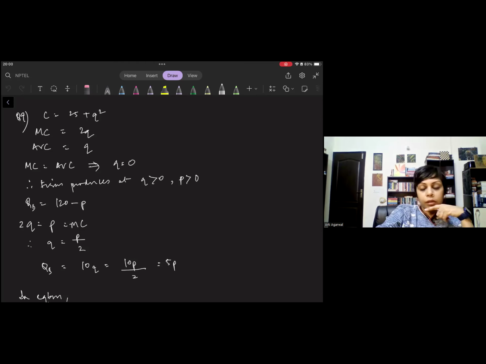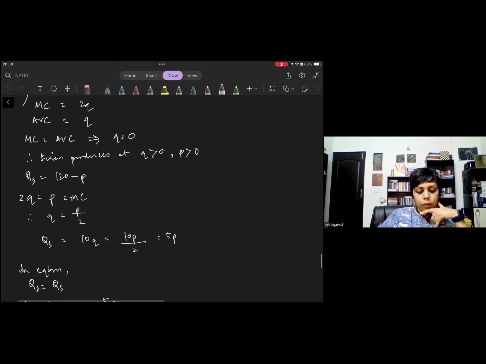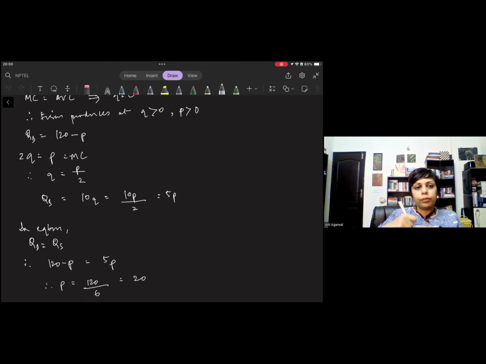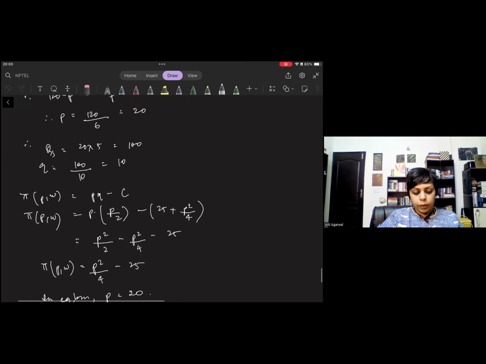You're given the cost function, and from there you calculate marginal and average variable cost, because this is the short run calculation. So you check for the shutdown decision, which gives you Q greater than 0 as the decision point, which means the firm will produce at all levels of Q and P. You're given the market demand, and you do the usual price equal to marginal cost, and you get all this. Then you do the equilibrium calculation.